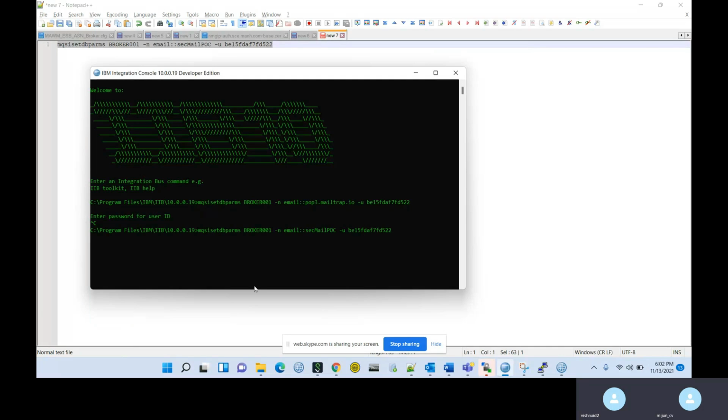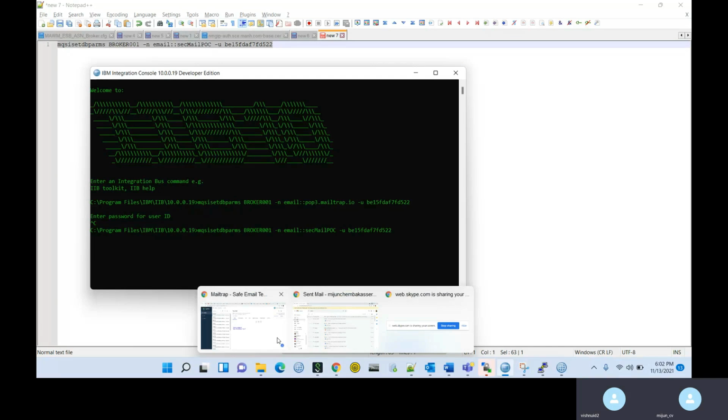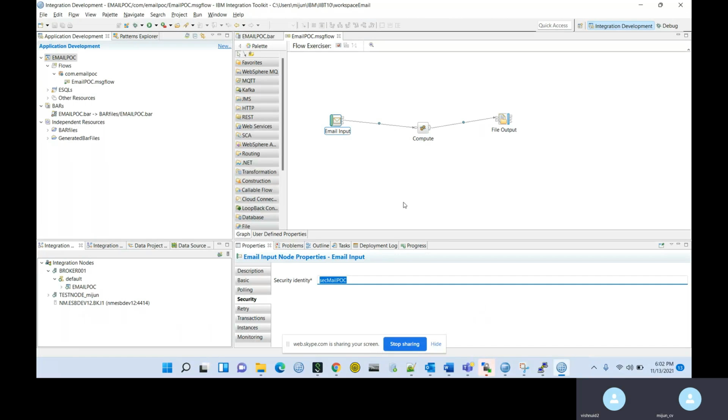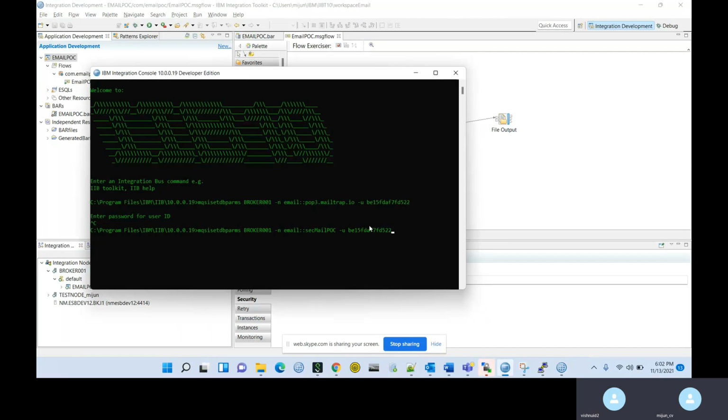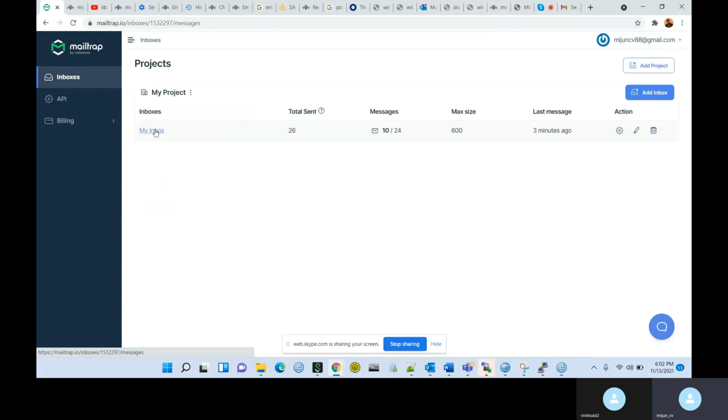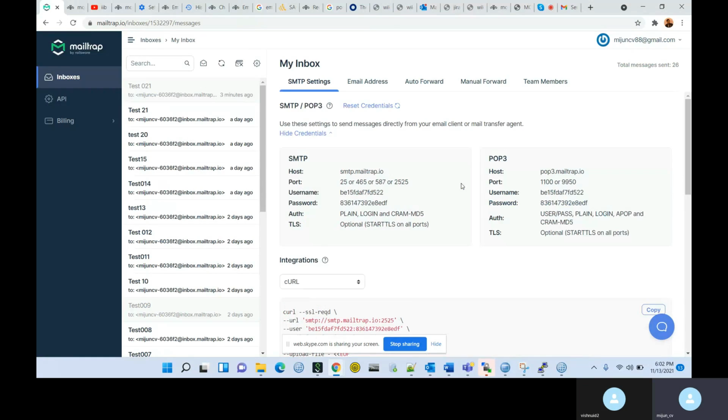Fine. Now let's go back to the toolkit. Did you execute the command? Not yet, I didn't execute the command yet. First execute it. I need to get the email ID from here, right? And the password, the credentials here. Username and password.